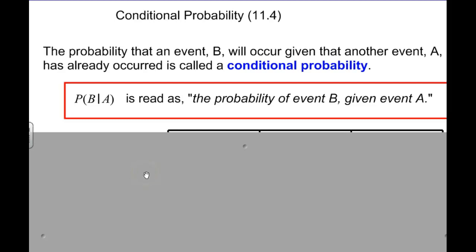So today's lesson is on conditional probability. You can see here that this is how we write conditional probability: the probability of B given that event A has already happened. So an event in probability could be flipping a coin or rolling a die. Those are events. And if you know the probability of one event, then given another event has already happened,